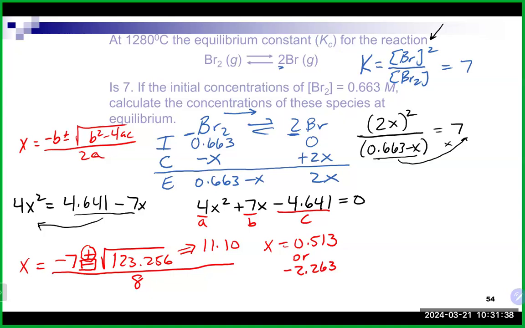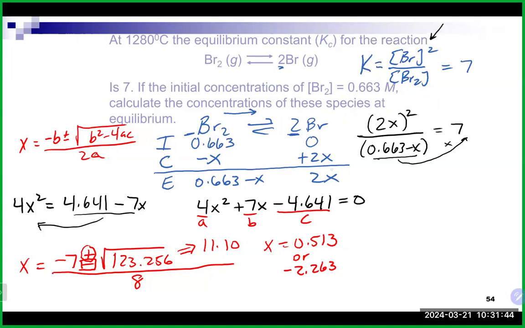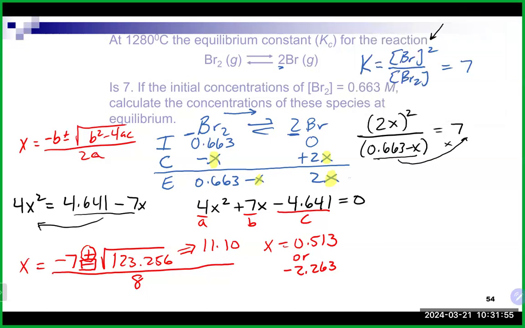Questions on that? So remember that what we just solved for here in terms of our x value is all these x's we see in our table under the change part, right? So which one would not be the value I want to use? The negative, right? Because if I take this negative and put it into there, for example, I'm going to get a negative concentration, which you cannot have, right? So that means that really our correct X value that we want to use in this particular case is going to be the